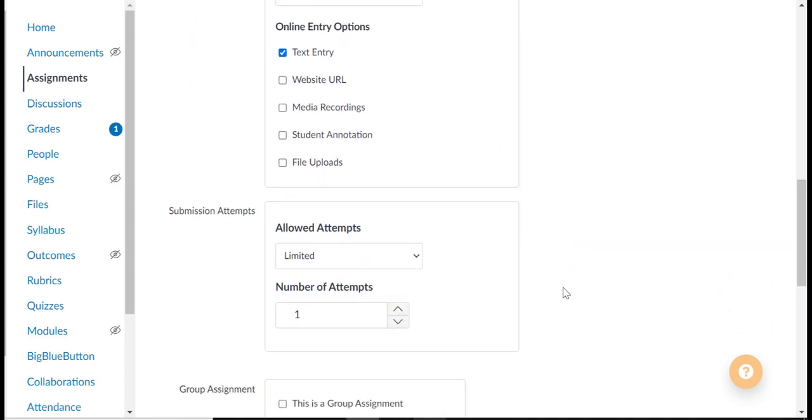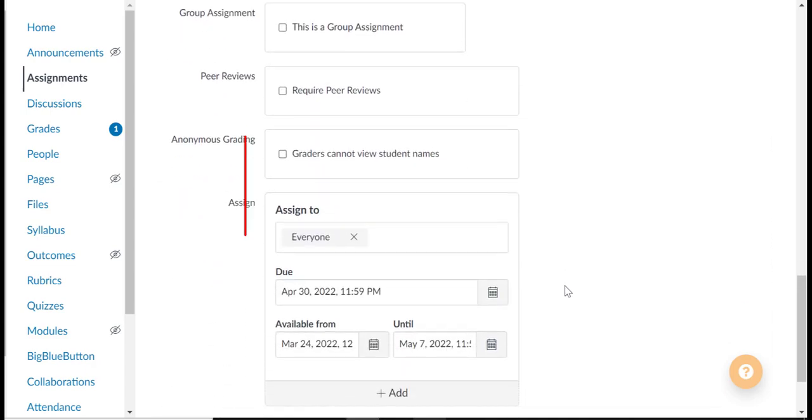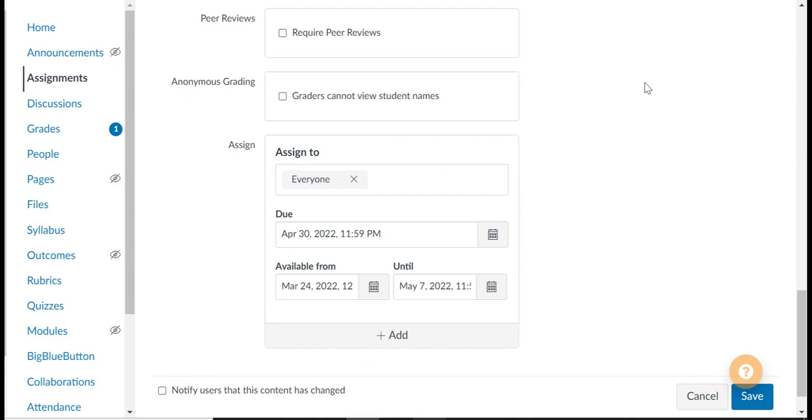So what we're going to do is we're going to go down to the assignments area. And as you see here, the due date has already been generated. The date it's available until the date it can be removed from the system. So as we see these options have already been established, we're going to go ahead